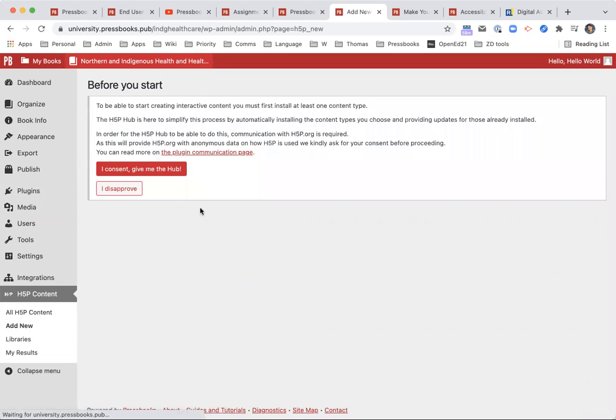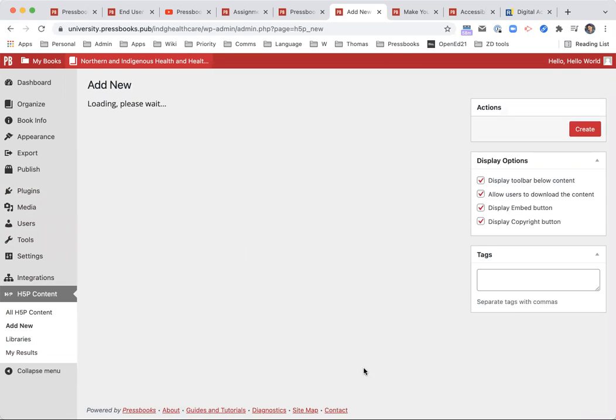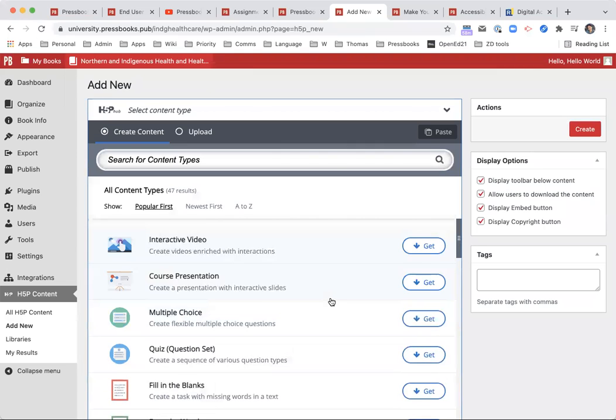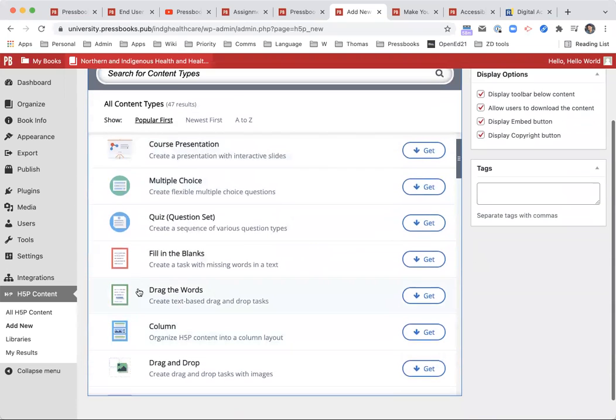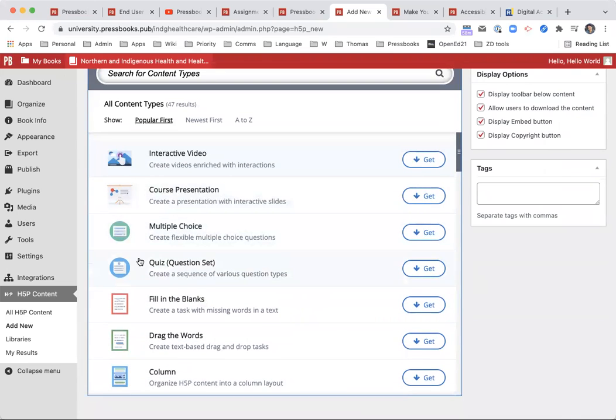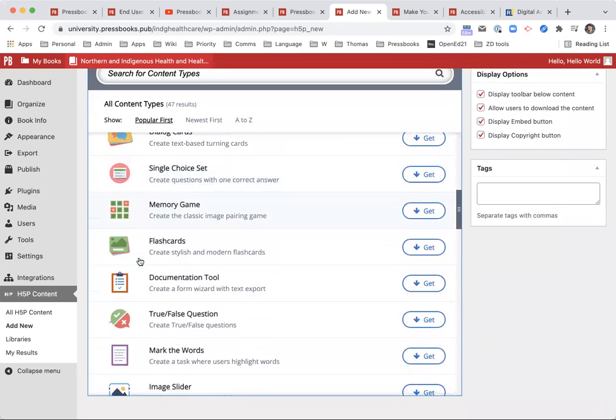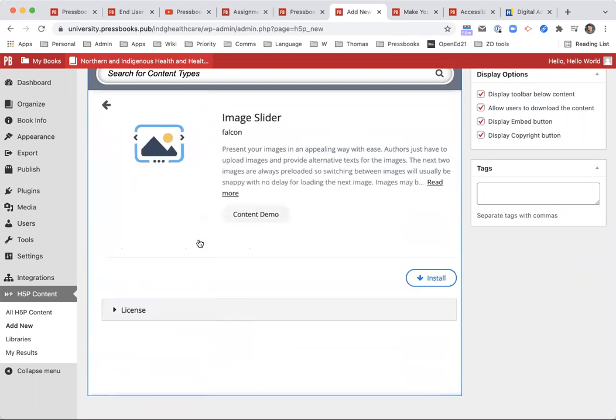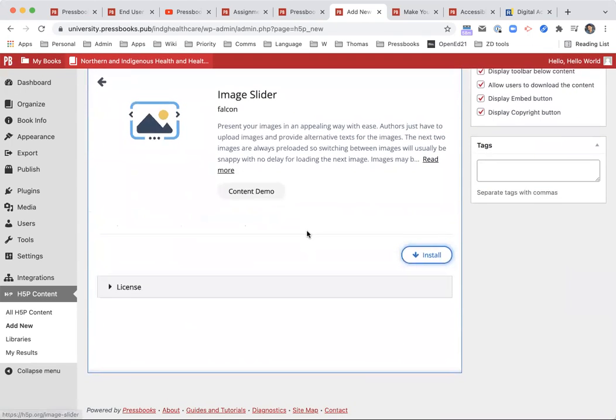So from here, I'm going to click add new, and then I'm going to say I consent, give me the hub, which will present me with this beautiful H5P hub that is really lovely to navigate around, lots of buttons and sort of indications to let you know what exactly you're creating. One of my favorite examples to show here is the image slider. And what I like so much about this